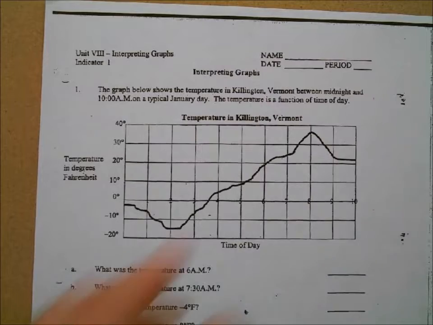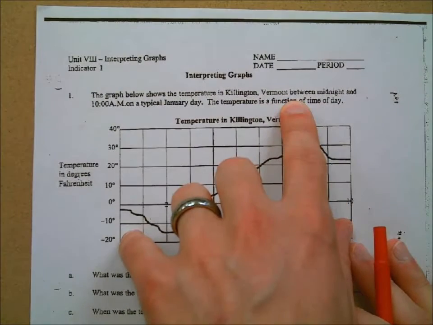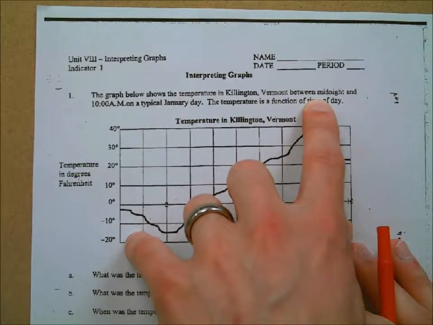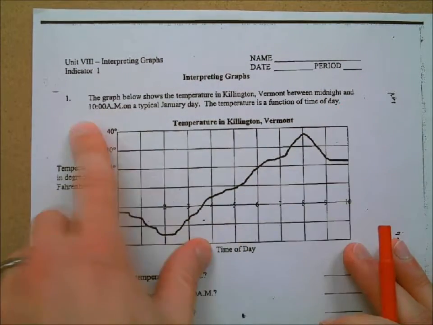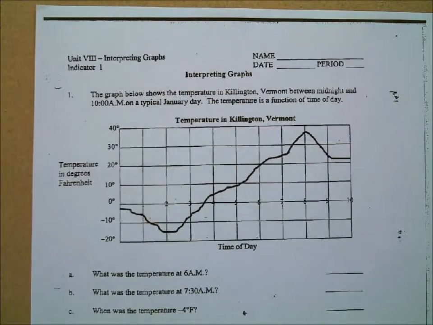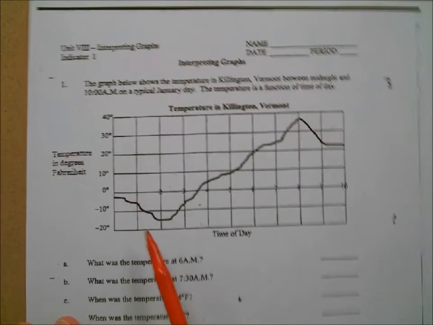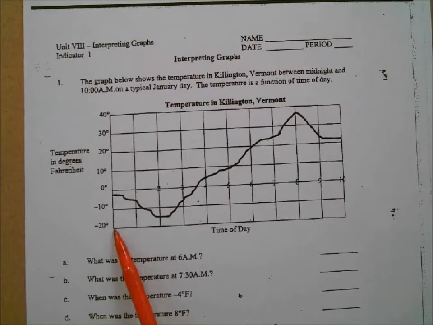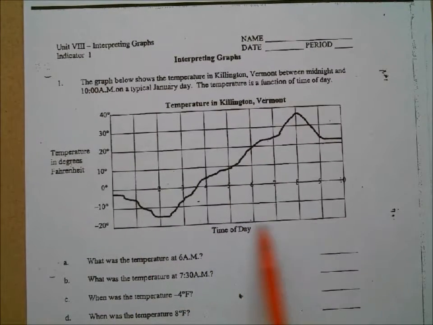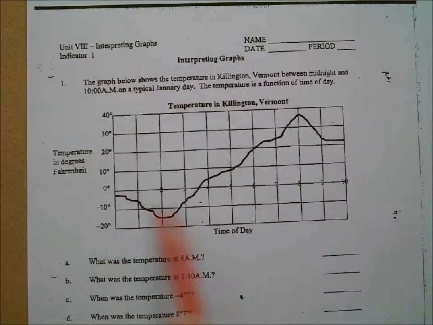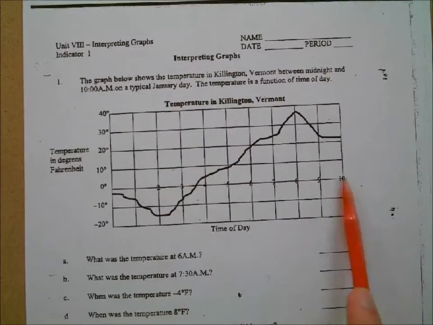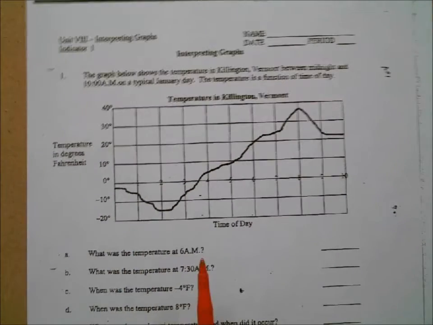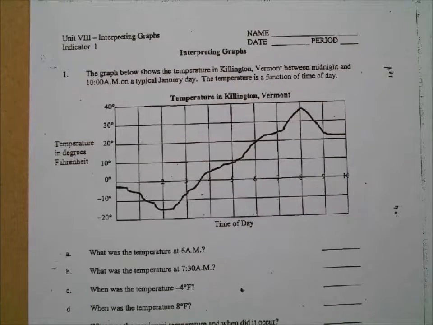And again, let's pay attention here. Pay attention to the time that we're given, okay? Midnight and 10 a.m., right? That's our time here. So you can see, where's our x-axis? Our x-axis is not labeled down here. That's because where is our x-axis? It's up a little bit, isn't it? Why is our x-axis not down here but up here? So it can be negative numbers, right? Because temperatures can go negative, right? And so in this case, we're going to have some negatives.